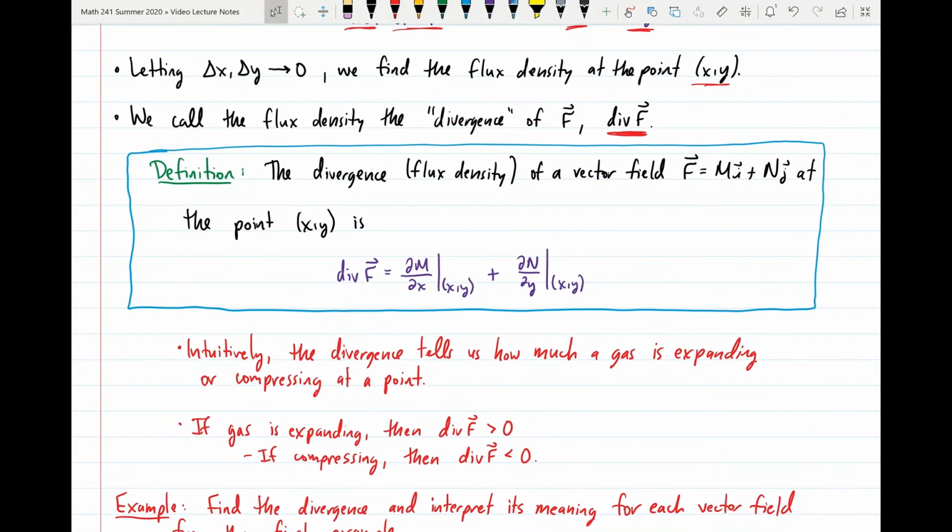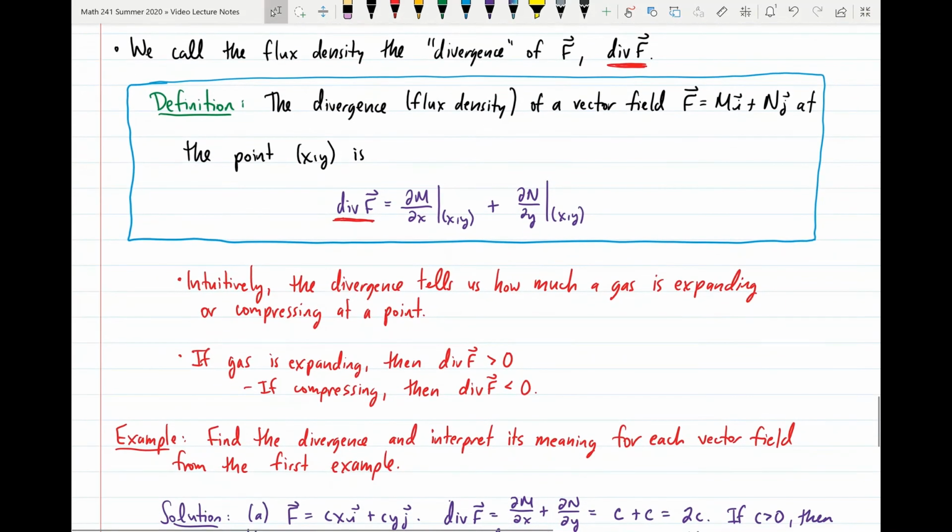So the divergence or flux density of a vector field F = Mi + Nj at the point (x, y) is given by div F = the partial derivative of M with respect to x evaluated at the point (x, y) plus the partial derivative of N with respect to y evaluated at the point (x, y). And intuitively, the divergence of our vector field tells us how much a gas is expanding or compressing at a